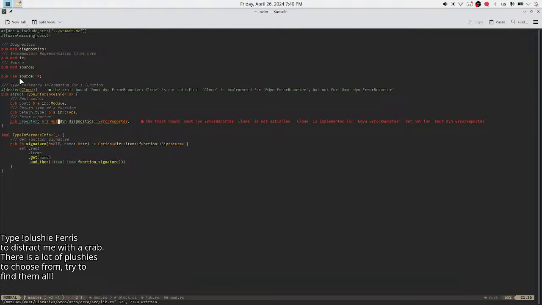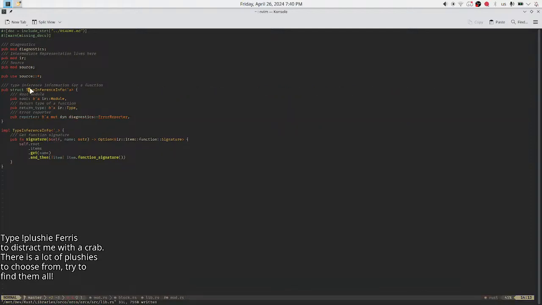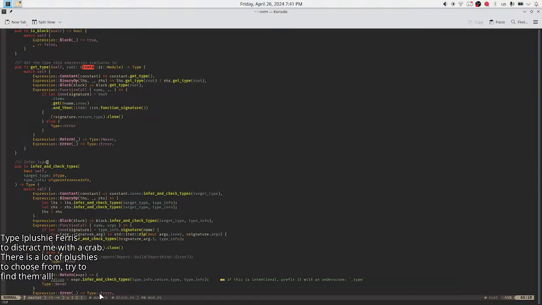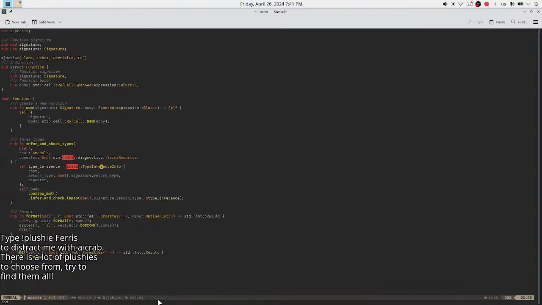What? Clone is not... Oh no! This is terrible. I really hope I won't have to clone it. Because not being able to clone it is terrible. This might be very bad.